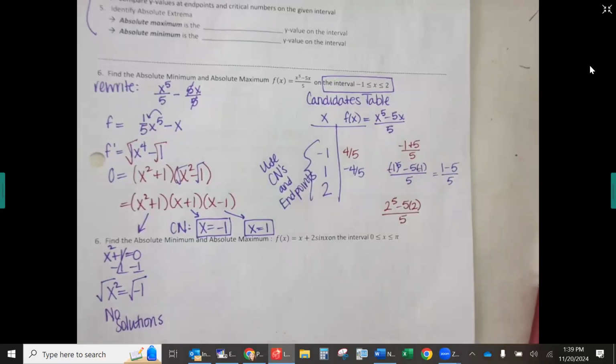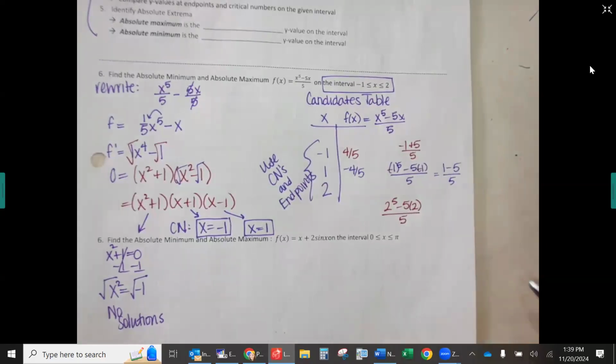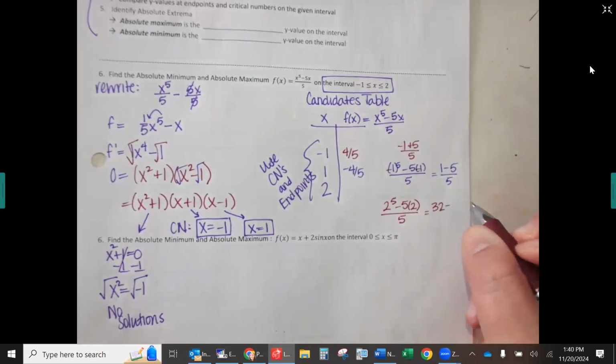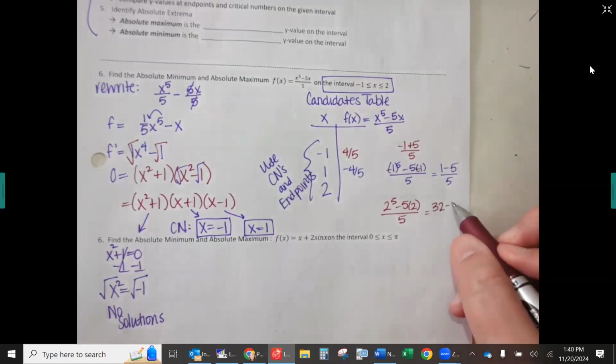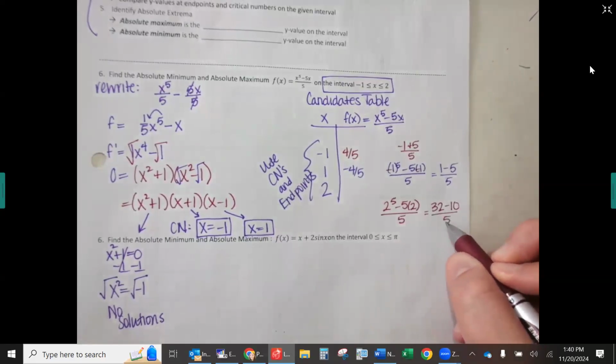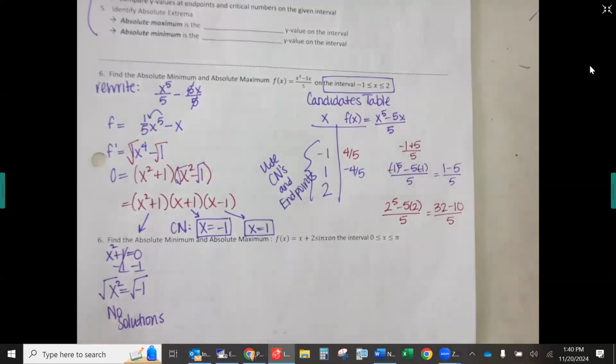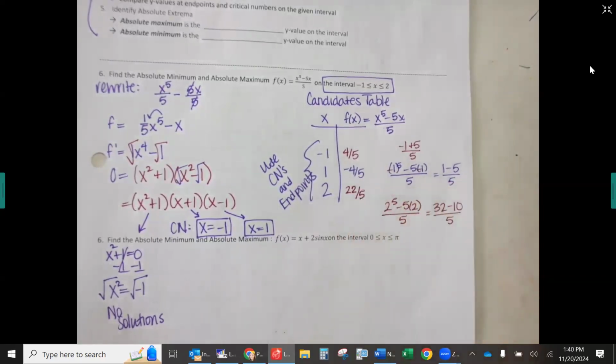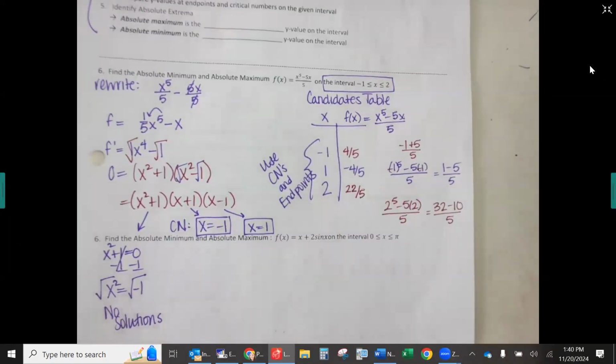Okay, 2 to the 5th, let's count them out. 2 times 2 is 4, times 1 more 2 is 8, times 1 more 2 is 16, times the last 2 is 32. And then I want 32 minus 5 times 2 would be how many? 10 over 5. 32 minus 10 is 22 over 5. And then you would simply look at your table and say, okay, well, the biggest it gets